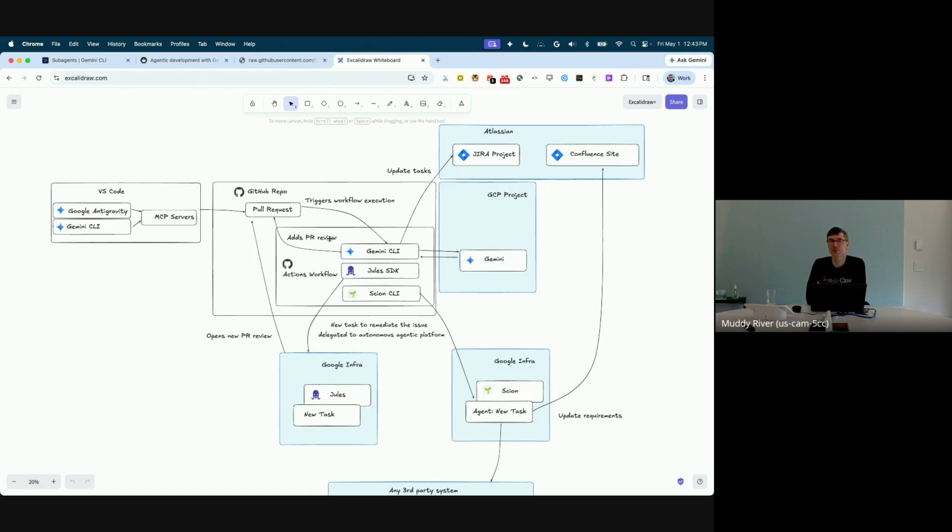Gemini, right? Here I'm showing a couple of options. I don't know if you heard about Jules or Scion. I think there were a couple of sessions and booths that talked about that. Jules is an autonomous coding agent, and Scion is the orchestration framework. After we've done the identification, let's say we found the issue, we can delegate the task to fix it, whether it's fixing documentation or code. You can send the task either to Jules or to Scion,